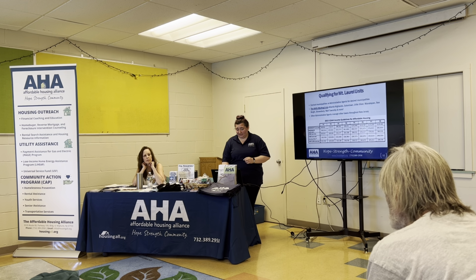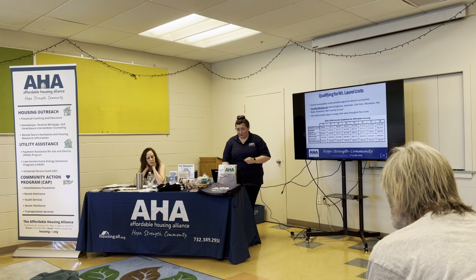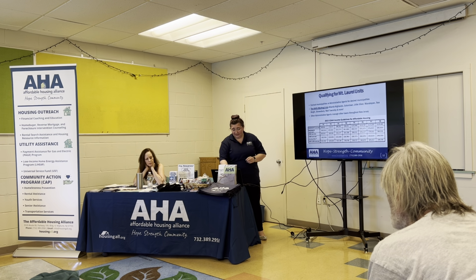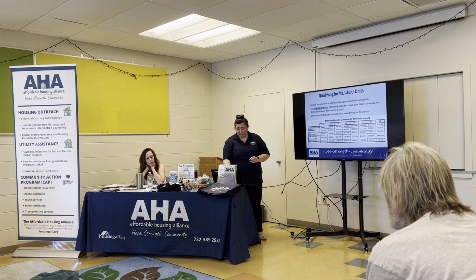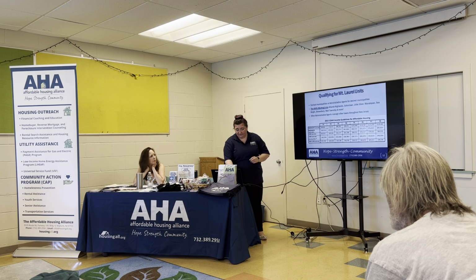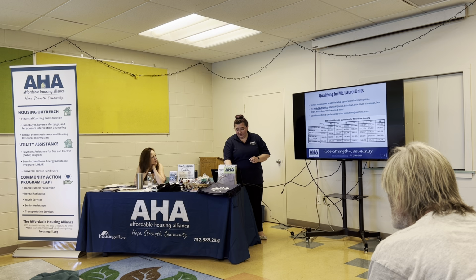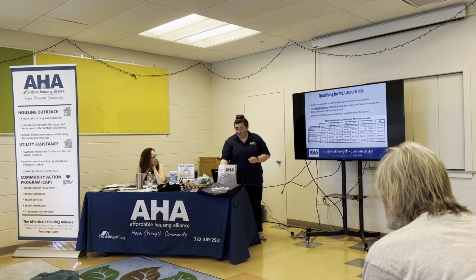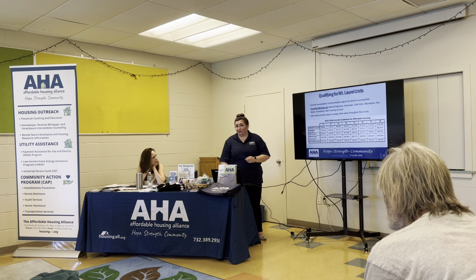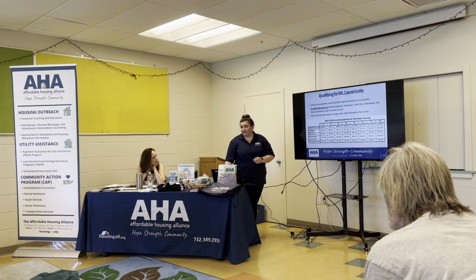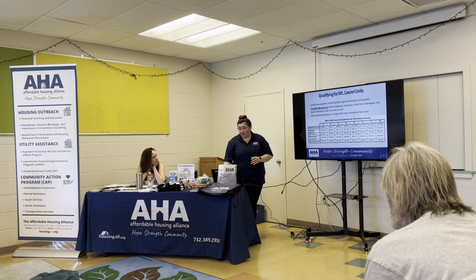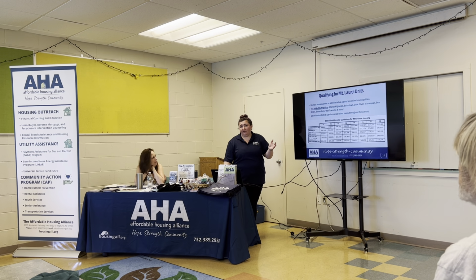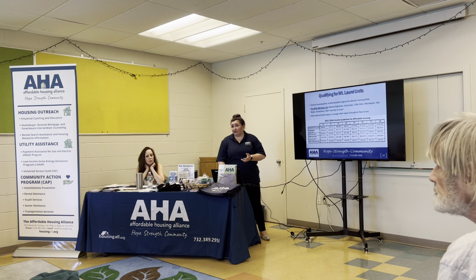Qualifying for Mount Laurel units, this is the income chart. As you can see, the moderate, the top is the maximum to purchase, it's the bottom low line. And then the very low income cap is on the bottom, but there's not a very low minimum. It just comes down to whether you can afford the unit at its price. If you're in the very low income category and the unit is a 1-bedroom at $500 a month, you have to show that you can afford it with your income. Otherwise, they can't place you in it.